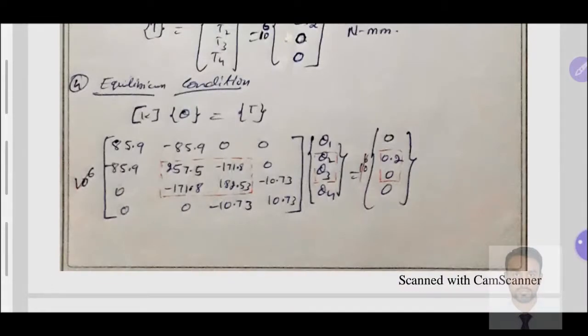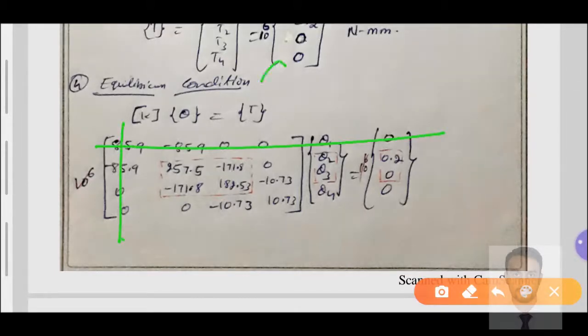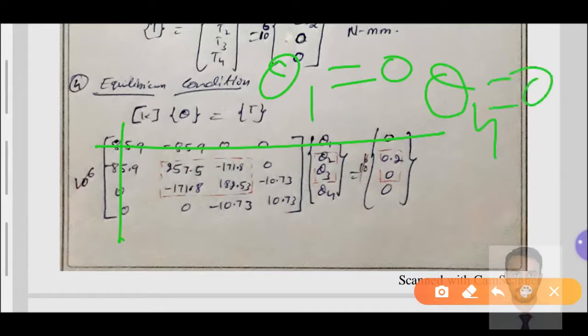That is the reason I am solving this problem. Already I have solved this type of problem in a previous video, right? Remove this confusion in your external examination with respect to the statement in a given problem. I have taken this solution. Clear? So now I will remove the first row and first column, that is theta 1 is equal to 0, and the last node is theta 4, which is equal to 0. Fourth row and fourth column have been eliminated.